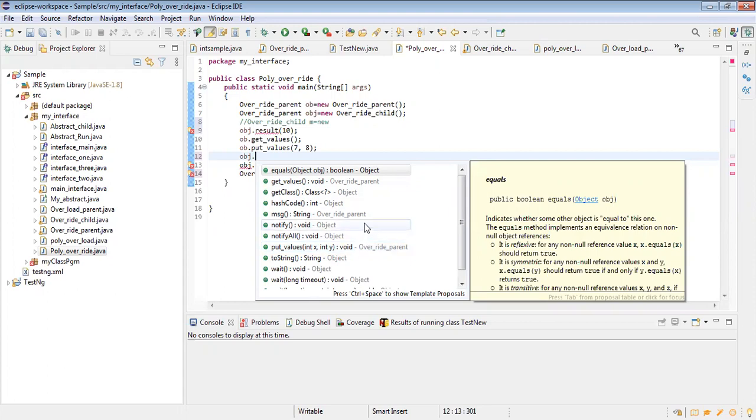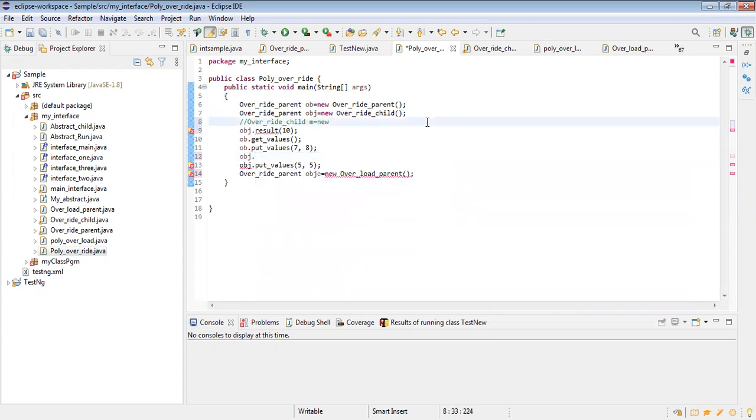Okay. Correct? Okay, sir, I understand. Now it is clear? Yes, sir. Then if we want to call the child class method, we can create the object of the child class only. If you put the child constructor over there, then you can get all the child methods. When you create an object for the child class, automatically you will be able to get all the child methods. Okay.